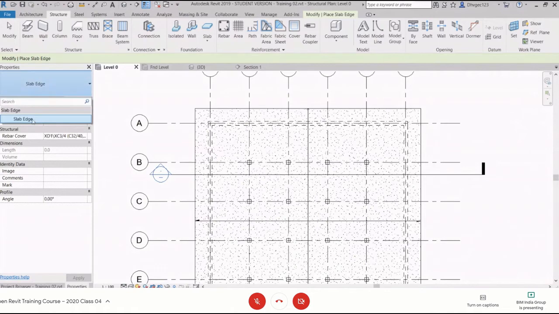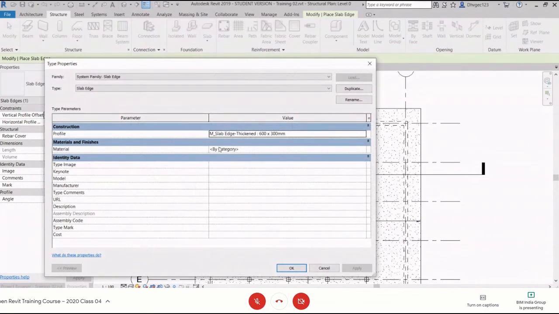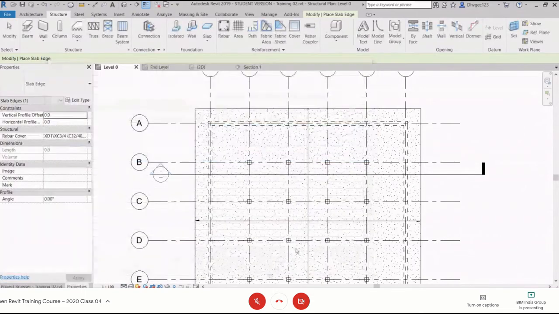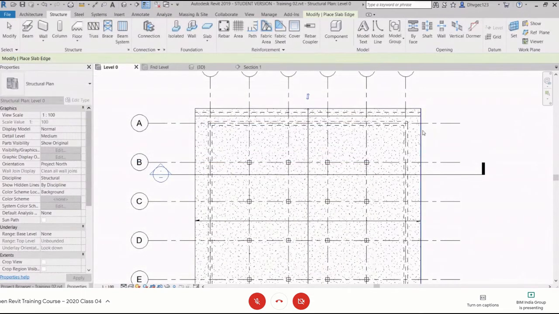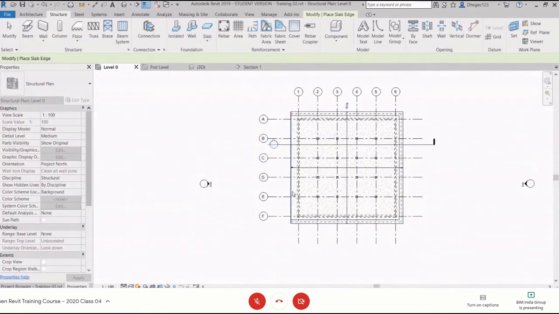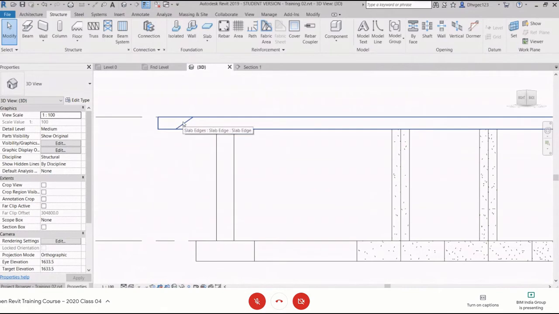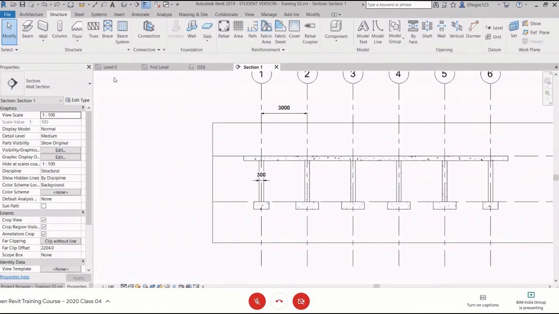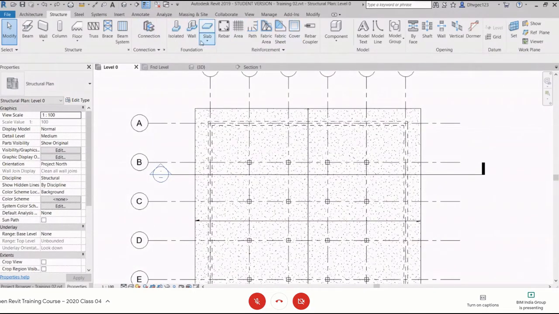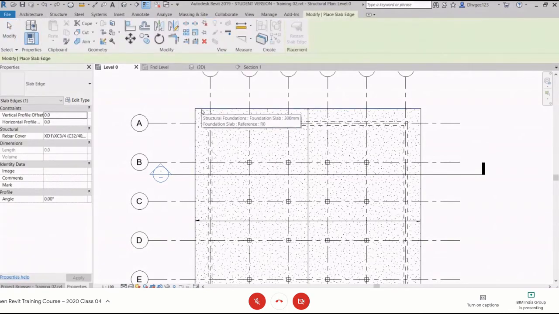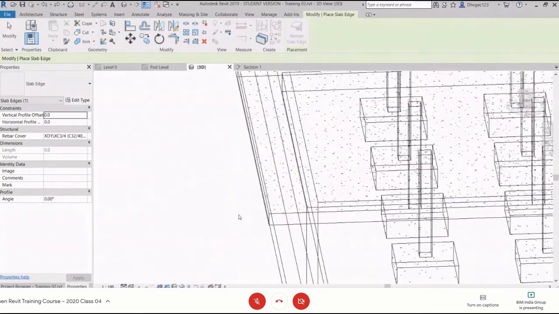Right. So now we can see only one type of slab edging, and if you go here, you can see the slab edging profile we have is 600 by 300. Okay, so now what we'll do, we'll just select the edge and finish. Go to 3D. Now you can see it's merged with the top. We go here, undo again, go to plan again, or you can just go to 3D.